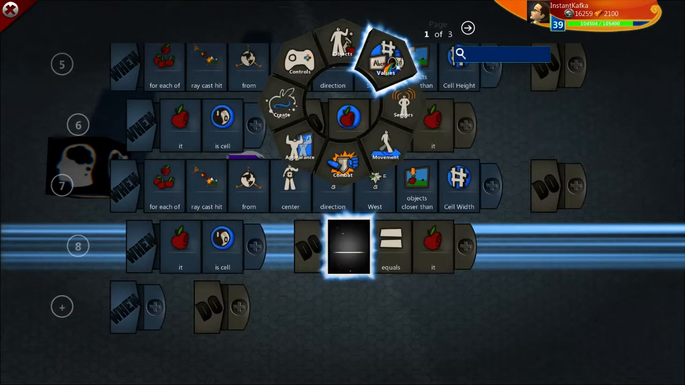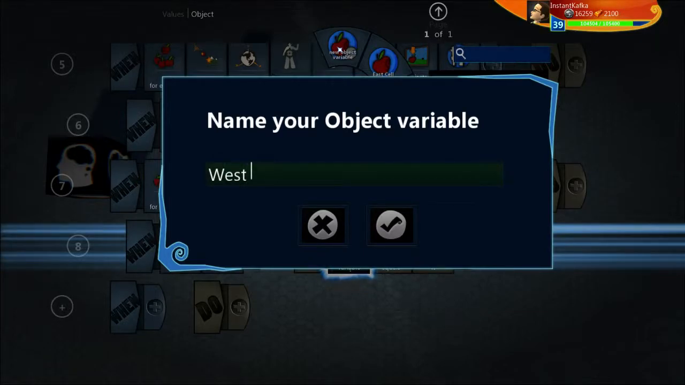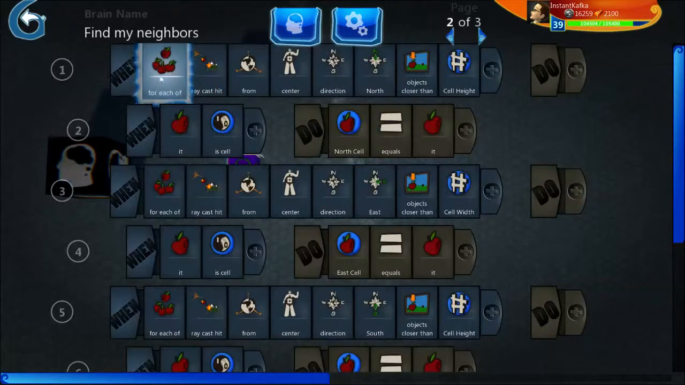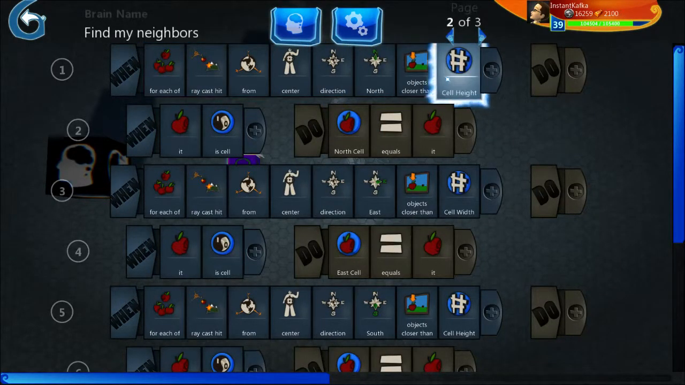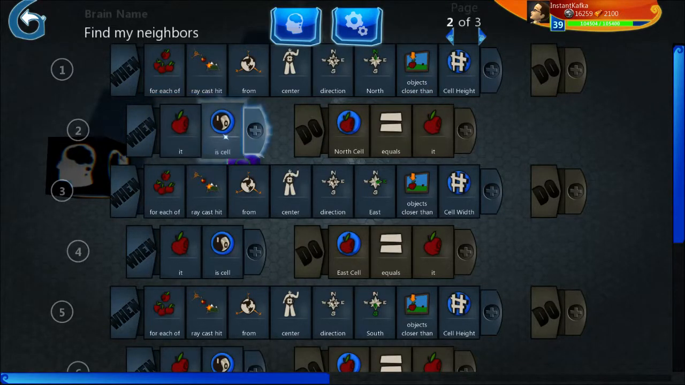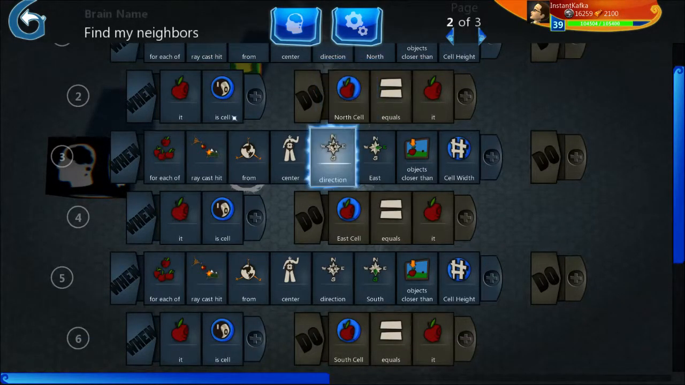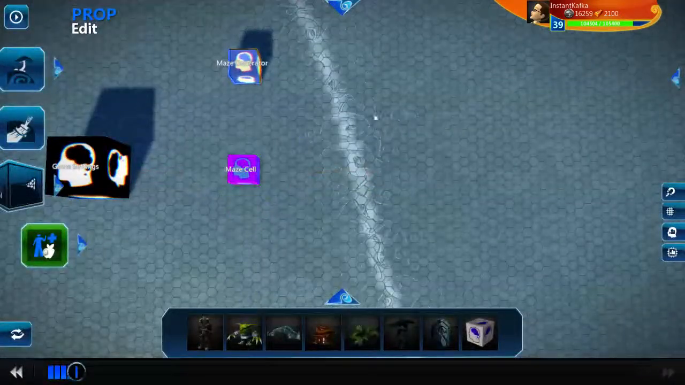Objects, no. Values, object. West cell. Okay, so casting the ray from the center to the north, only as far as the cell height. If we hit something and it is a cell, then we set the north cell equal to it, and we are remembering it. Now, one very important thing you have to do here when you're using raycast is make sure